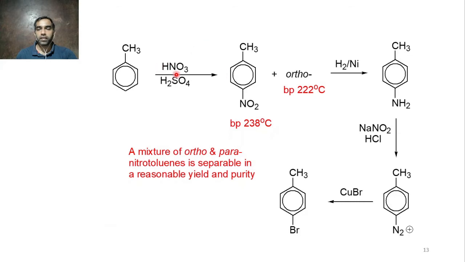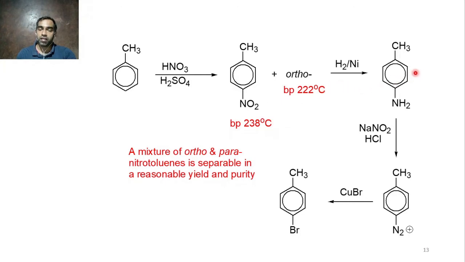These are some other synthetic conversions by making use of benzene diazenyl salt. Toluene you want to convert into para-bromotoluene. Initially you do conversion to nitrotoluene. Of course you will get a mixture, you have to separate it. You may get a mixture of 2,4,6-trinitrotoluene, that is TNT, and ortho-para mixture. You should be able to separate.